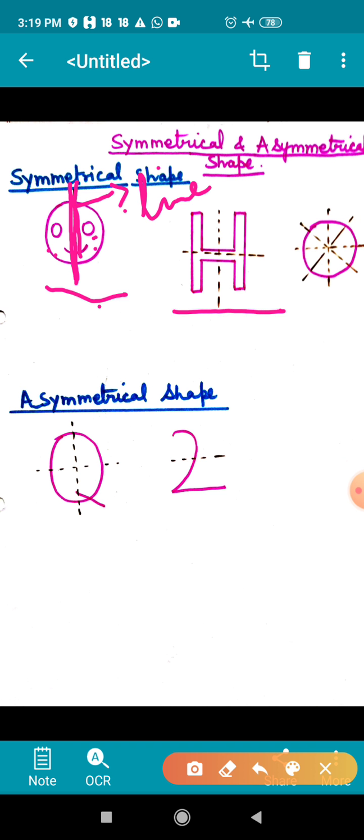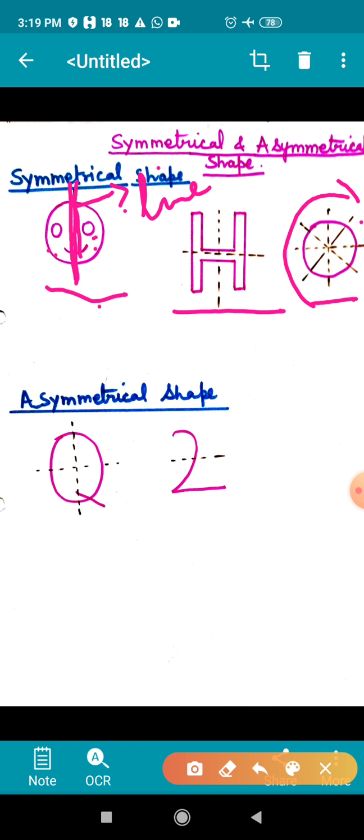Here you can see two lines of symmetry are drawn, and in this circle you can draw many lines of symmetry. Okay,